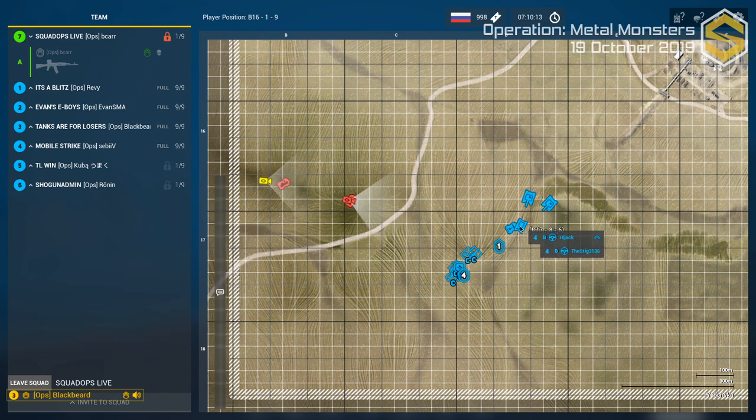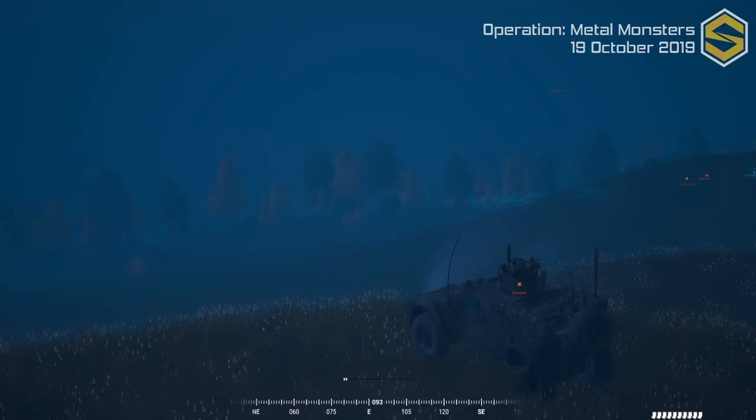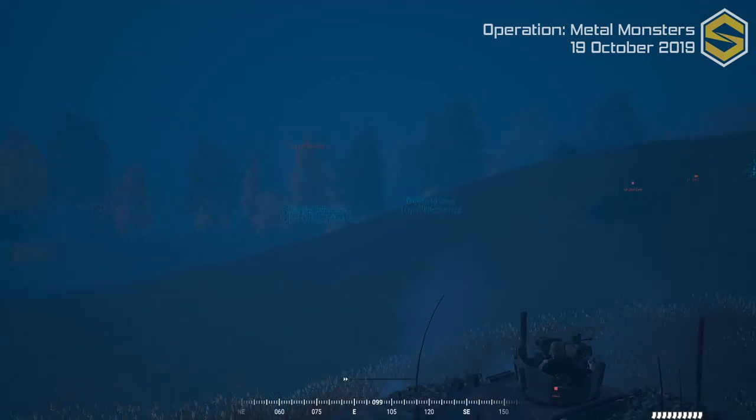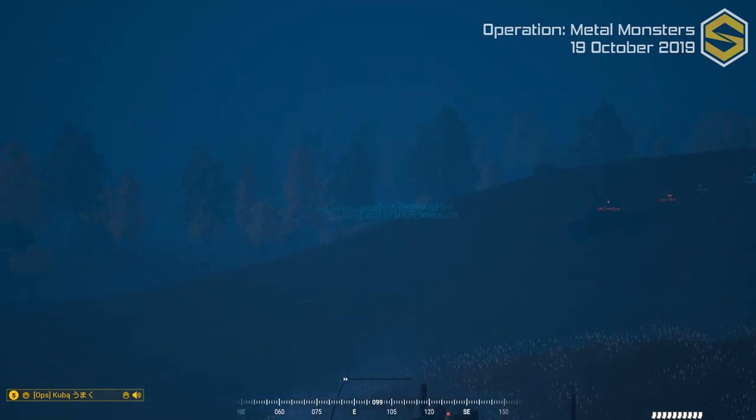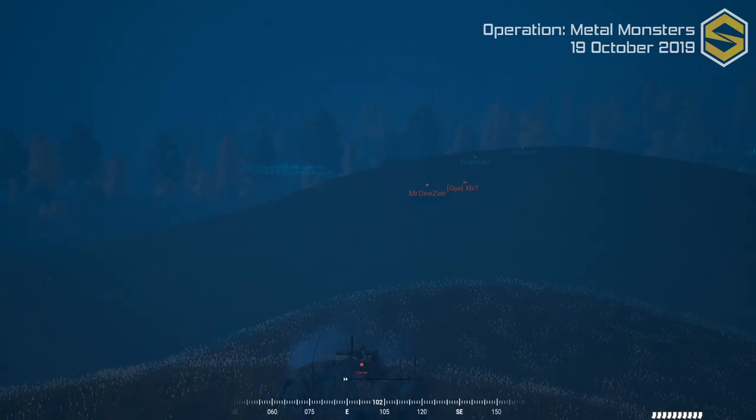Be advised, the Hat team has pulled back Golf 1368. They're pulling back onto that ridge line. Copy. All right, what are the tanks going to do? Are they just going to run this thing? Tanks moving in, but I